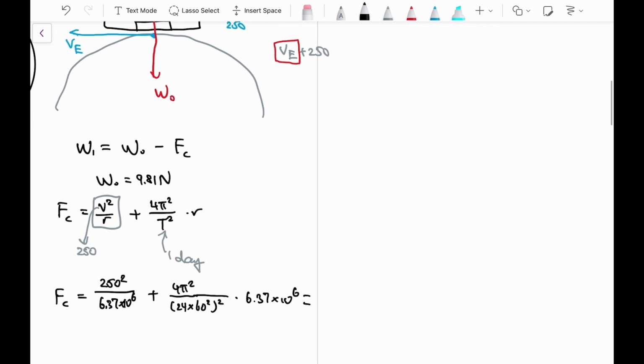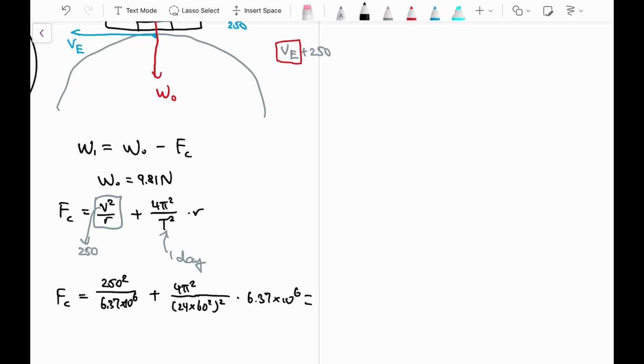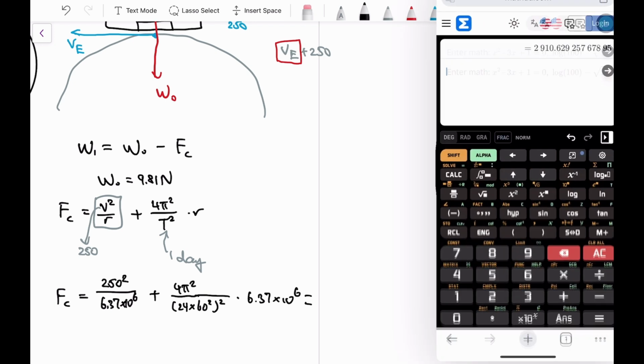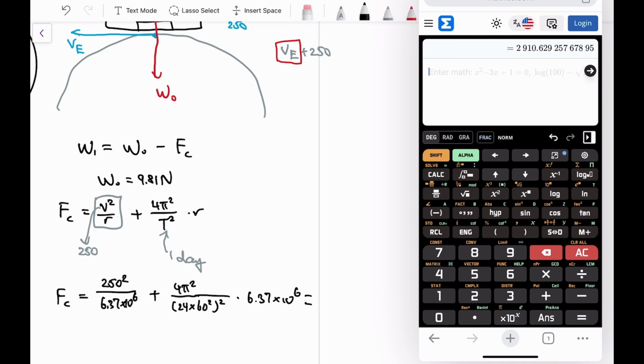Now all we have to do is simply input all of these into a calculator. So this will be 250 squared over 6.37 times 10 to 6 plus 4 pi squared over 24 times 60 squared